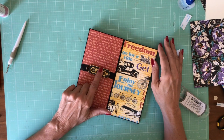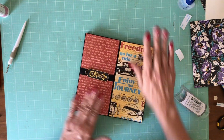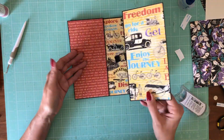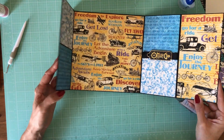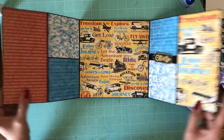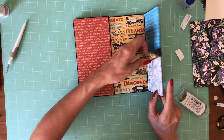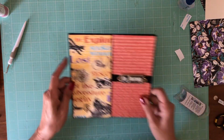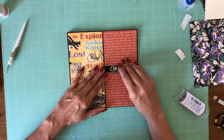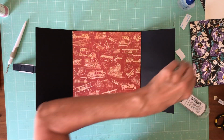The chipboard's causing a big bump here when it's laid this way. That's why I closed it, to press everything into place. So there we go. Okay. Page 4 is done. Page 5 is partly done. Now we need to do the 2 inside liners, and